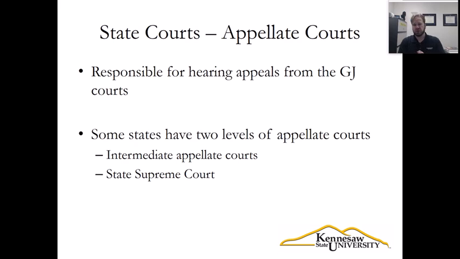I've tried to use a little bit of the same language that's in your book as far as appellate courts, limited jurisdiction, and general jurisdiction courts, because different states call them different things. So, for example, in New York, your trial court is actually called the Supreme Court of the state of New York, which can be kind of confusing because in most states, the state Supreme Court is the final appellate court, the highest ranking court in that state. However, in New York, it's different, and the final appellate court is called something different, and your state Supreme Court is actually your trial court of general jurisdiction.